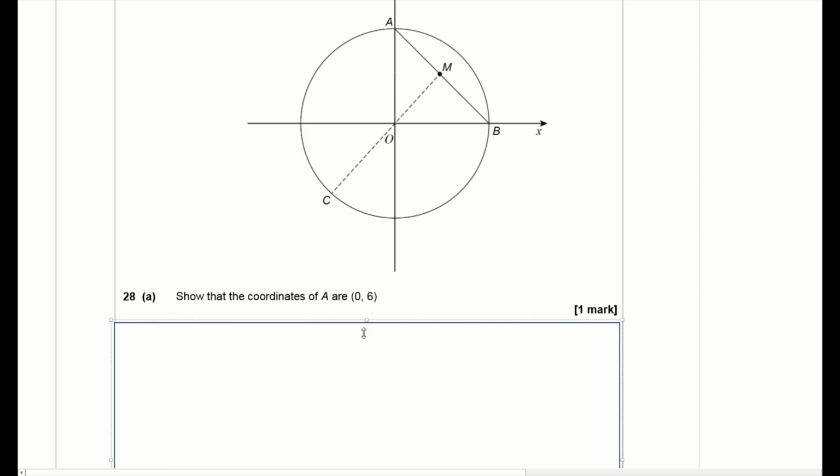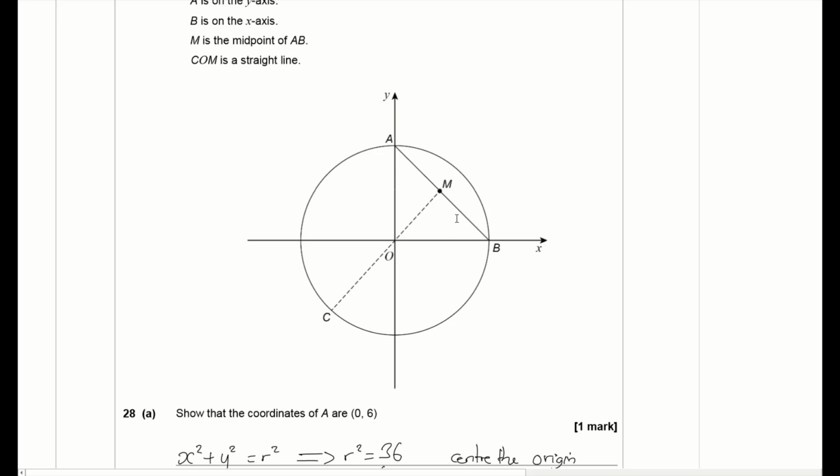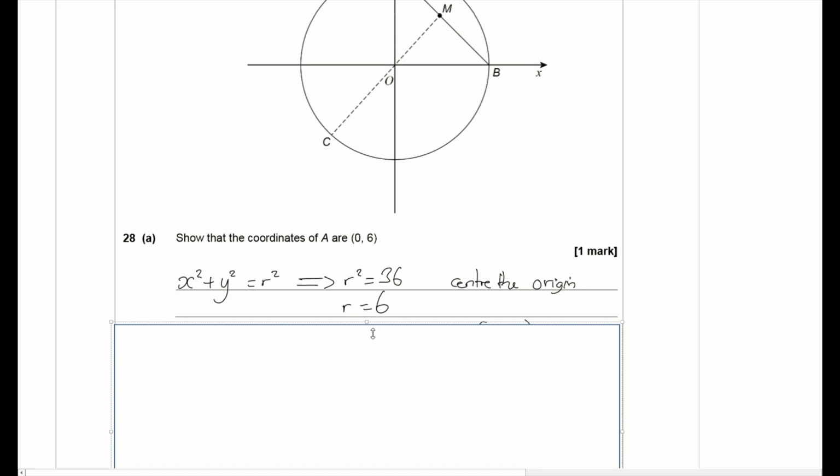Now if you square root 36, you will get 6. So you know that the distances from the centre O to any of the points on the circle, it doesn't really matter whether they're on the axes or not at this stage, they will all be 6 away from the origin. Now we know that A is actually on the y-axis, so it must have the coordinates 0, 6,